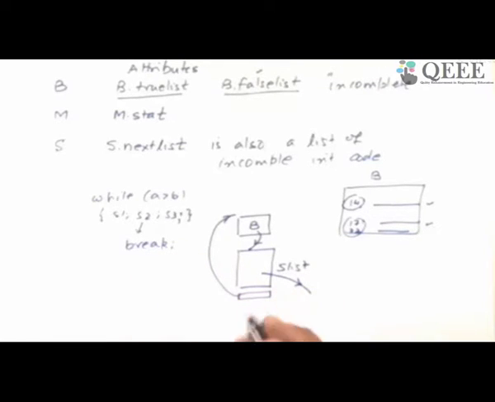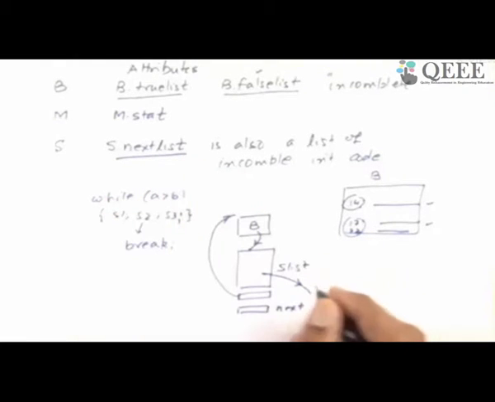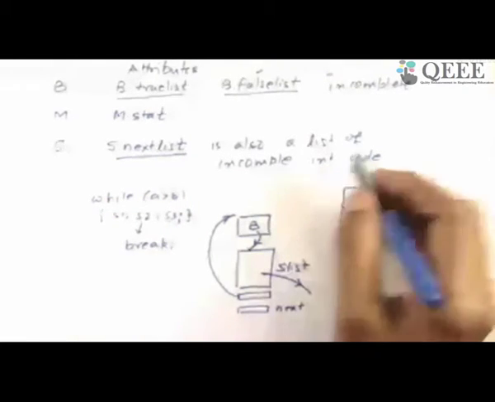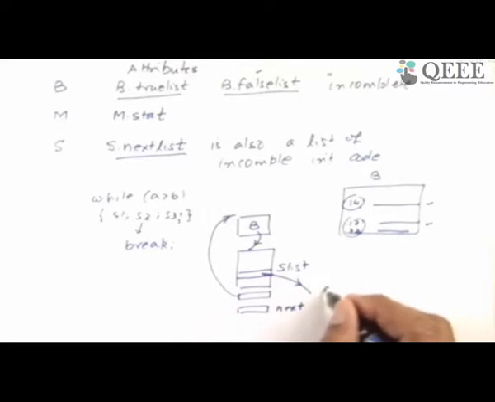So we would like to know if such a thing happens, then I don't know where this is going to. I'll know only when I know which is the next statement to while, which I don't know right now. I'm just seeing the while statement. So say the next of while is not known, I don't know the destination. So S.nextList, this particular attribute, basically notes down the target codes which are also incomplete because of a goto. Only gotos will make you incomplete. So a break causes a goto to be inserted, but the destination is not known. So I want to note it down.